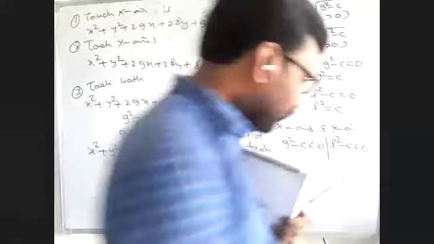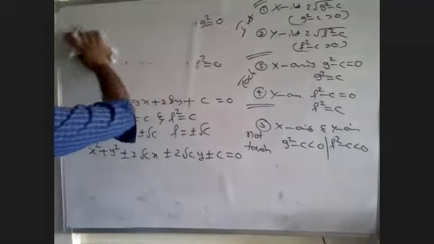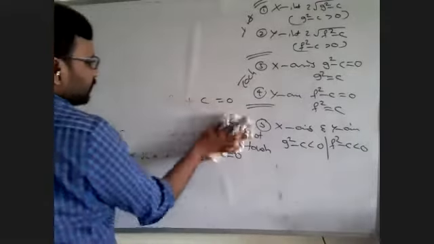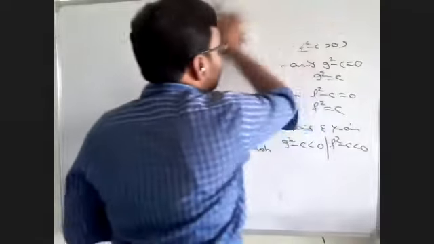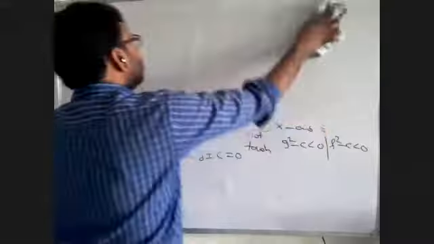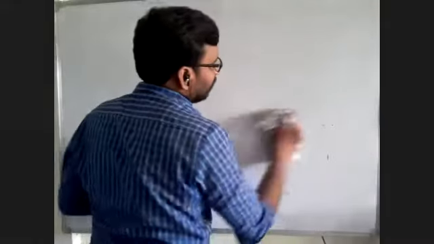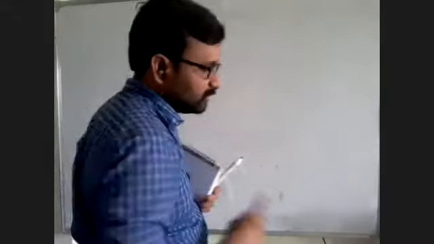Now I will give you different forms of circle. Different forms. Origin నుంచి పోతే ఎలా ఉంటది? If the circle passes through the origin, if the circle meets the x-axis, what is the equation? If the center of the circle lies on the x-axis, what is the circle? On the y-axis, what is the circle? Like this, there are different types of equations. The main use of these different types of equations is time saving. Time saving is the only main use, and that is very important for us.